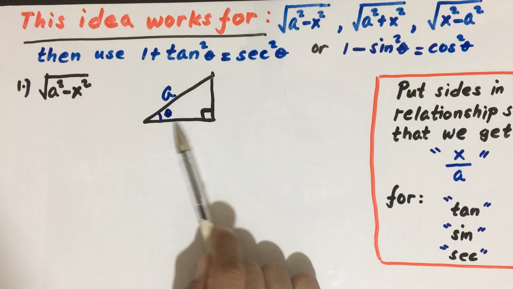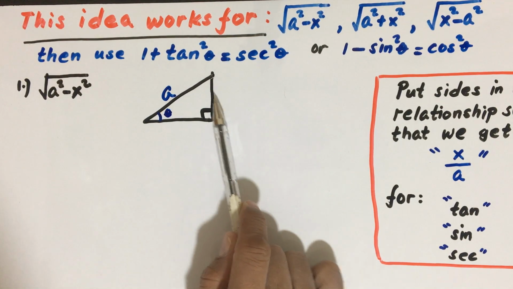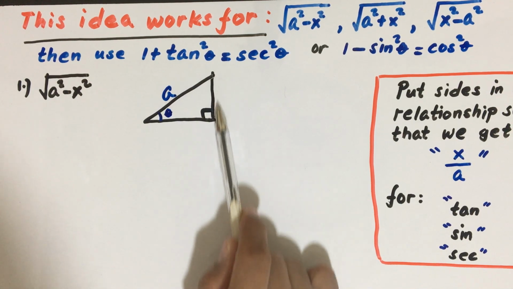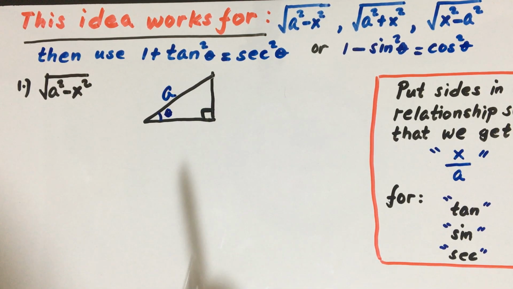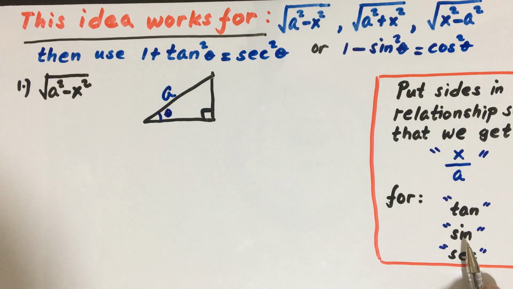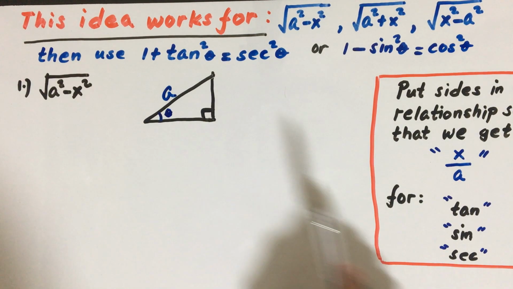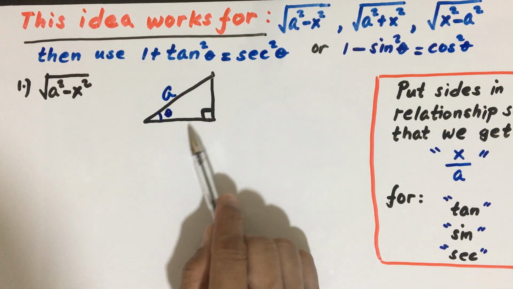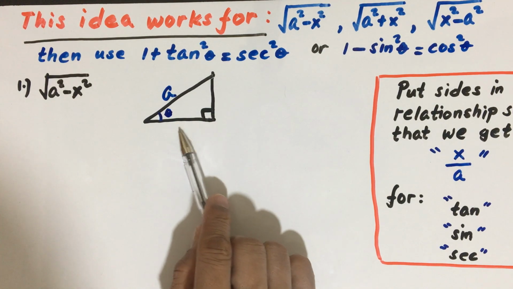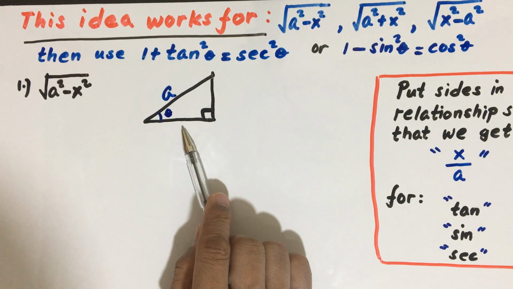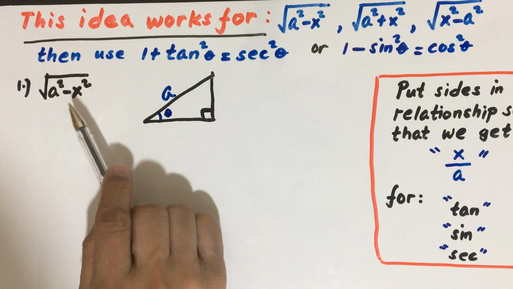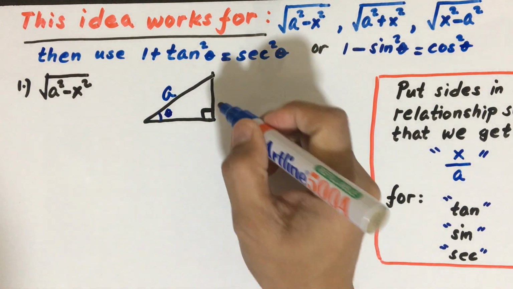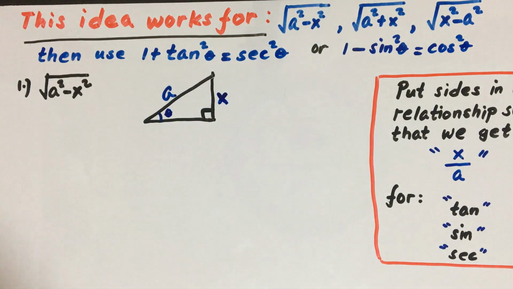Okay, so for example, if we use sine, I'll suppose that sine. Sine is opposite over hypotenuse, right? So if we consider this side as our x, we can solve for sine. If we consider this for tangent, tangent is opposite over adjacent. Okay, so we don't know yet what this side is. Now let's suppose that x is on this side. So if this is our x, then